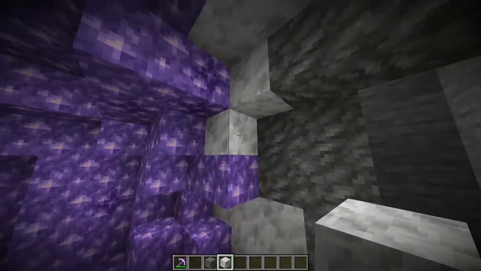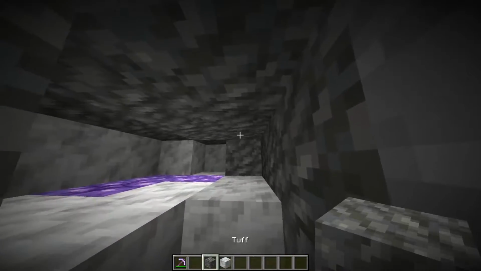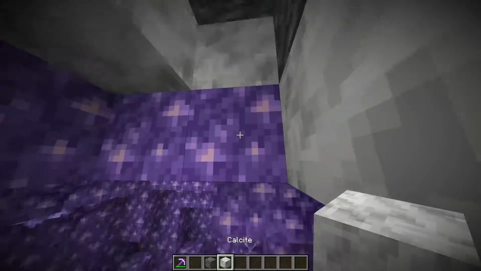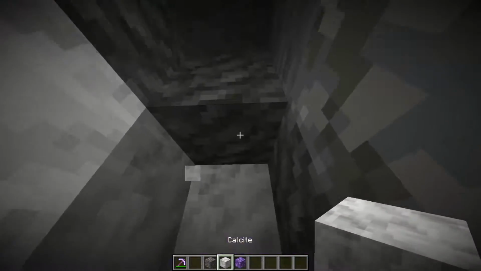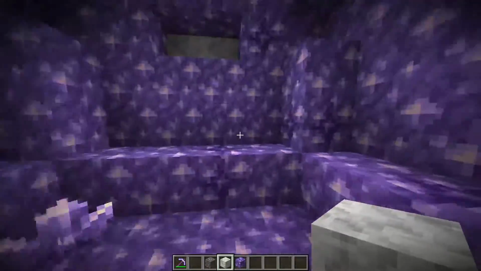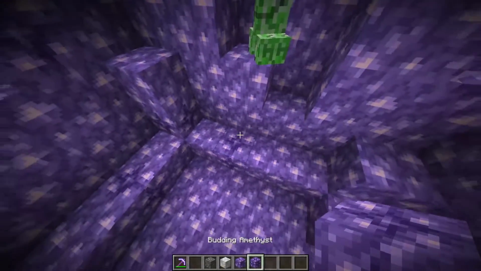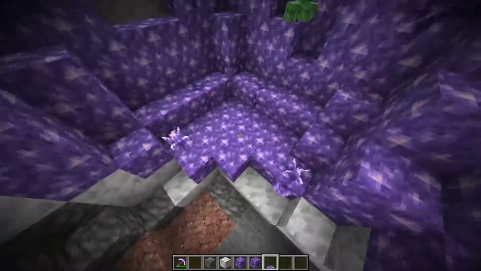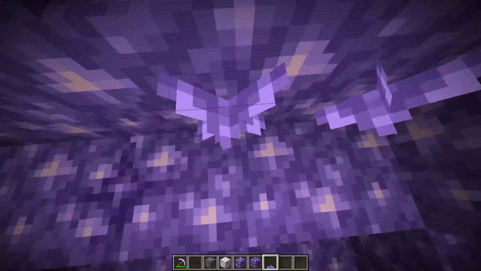So the calcite is a second layer to the geodes. So it will be between the tuff, which is the outer layer, and the block of amethyst. So it has 2 layers of shell to it. And finally, it's the inner layer. So the inner layer consists of the block of amethyst and also the budding amethyst. And you can also find some buds just hanging around like this. And apparently they can be placed on the sides, which is kind of